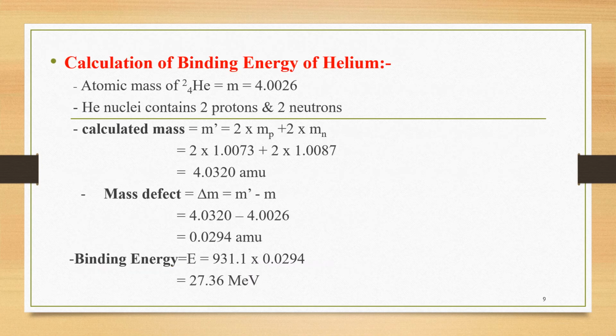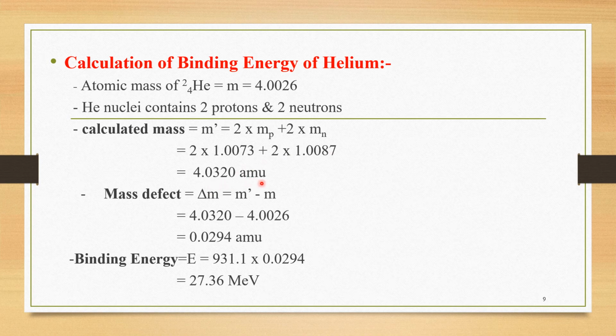Now, how to calculate the binding energy of a nucleus? For this purpose, just consider a simple example of the helium nucleus. The atomic mass of this helium nucleus is equal to 4.0026. This helium nucleus consists of 2 protons and 2 neutrons, from which we can easily calculate the calculated mass. It is calculated as M dash equal to 2 into the mass of a proton plus 2 into the mass of a neutron. If we substitute the constant values of the mass of protons and neutrons, we get the calculated mass of helium as